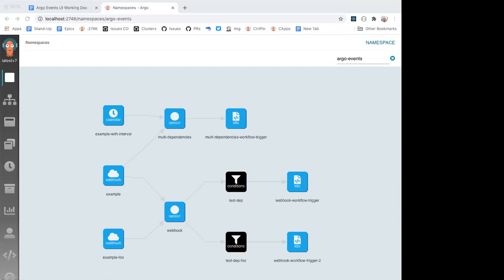But the only thing we need to consider in a real production system is that a lot of event sources and events will be dumped into a lot of logs. So probably that animation will not look very good when too many logs are coming. Yeah, may not be very good.